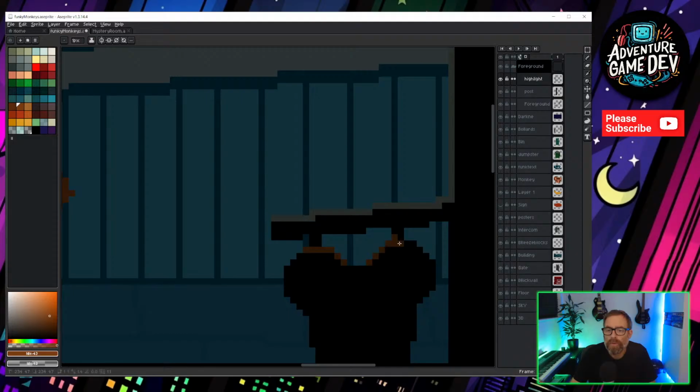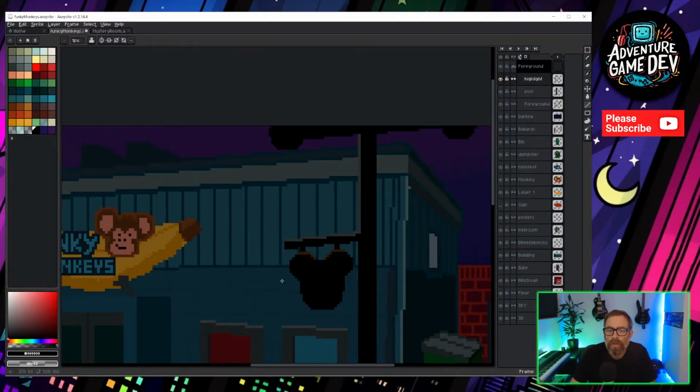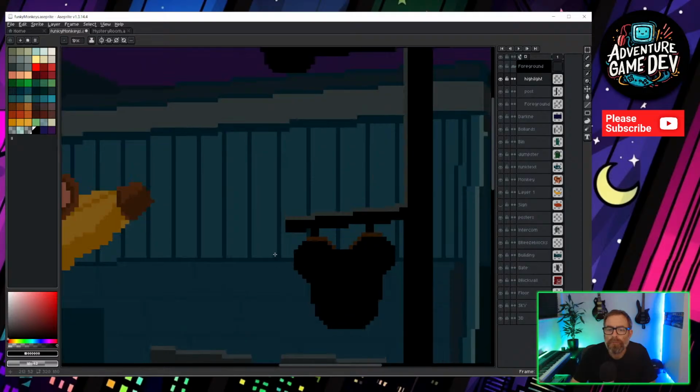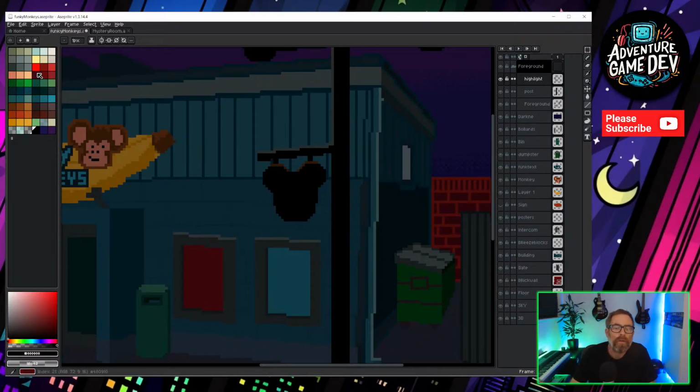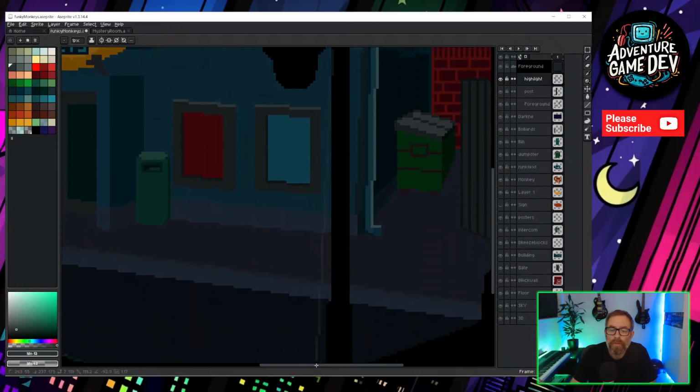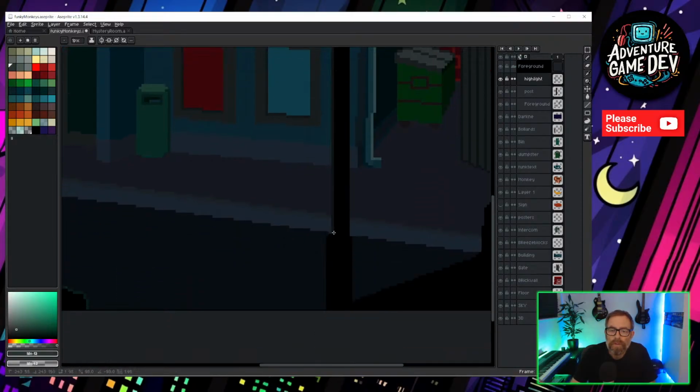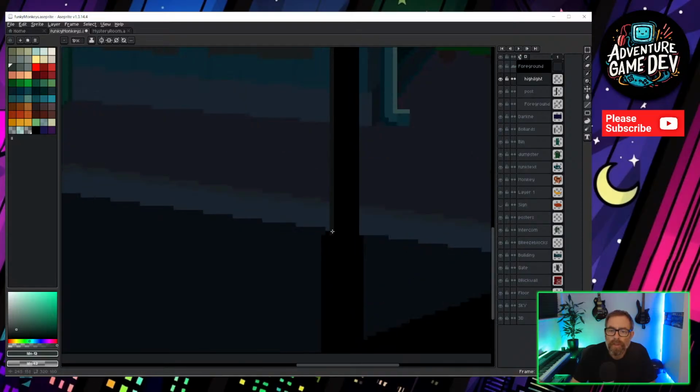So we'll just suggest some of that. And then perhaps a little darker down here to the floor. And you can see it's using the opacity off that layer as well.